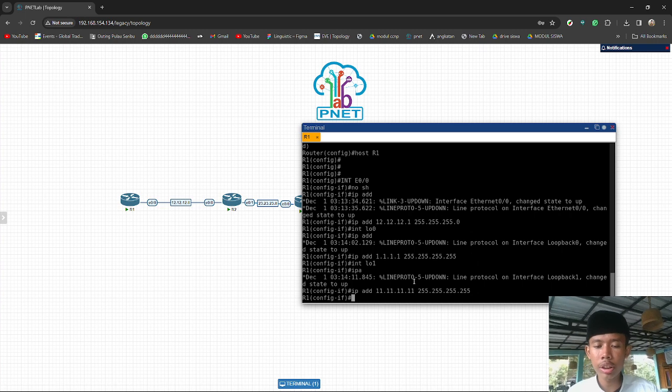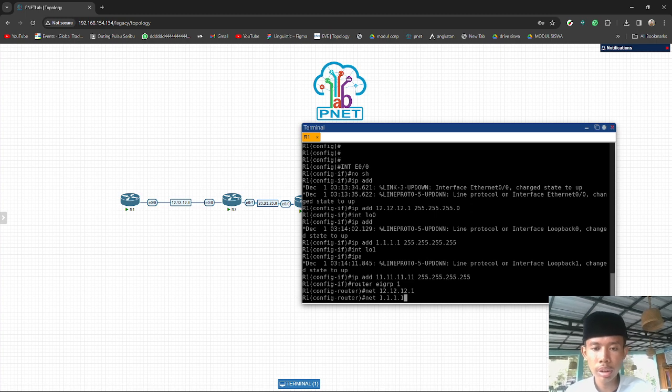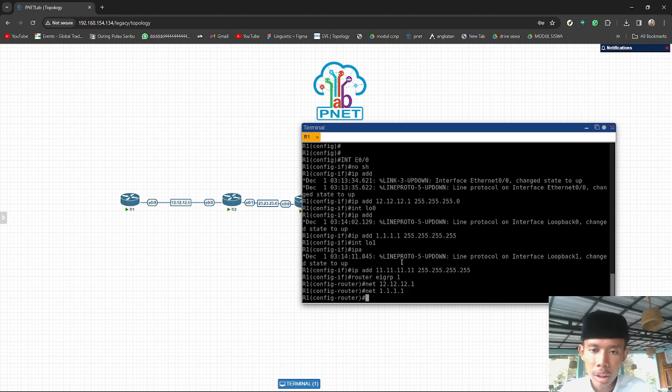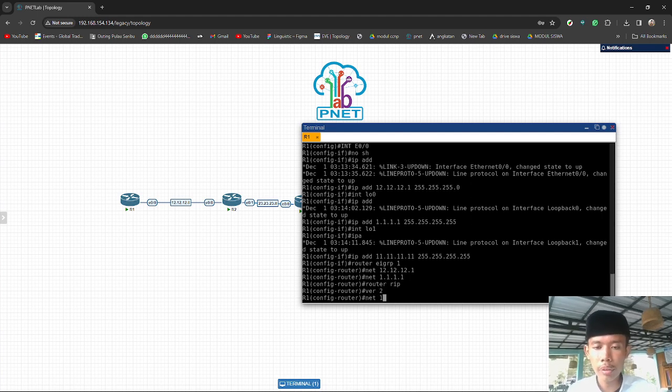Let's enter the EIGRP configuration: router EIGRP, the AS number is 1, and advertise network 12 and network 1.1.1.1. Then we will advertise the 11.11.11.11 network into RIP: router RIP version 2, and advertise the 11 network.